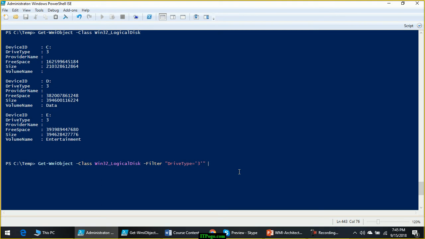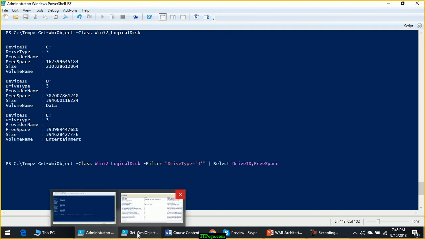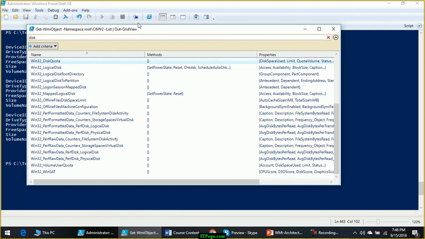Now if I want only the drive ID, there is no shortcut. You need to search here.